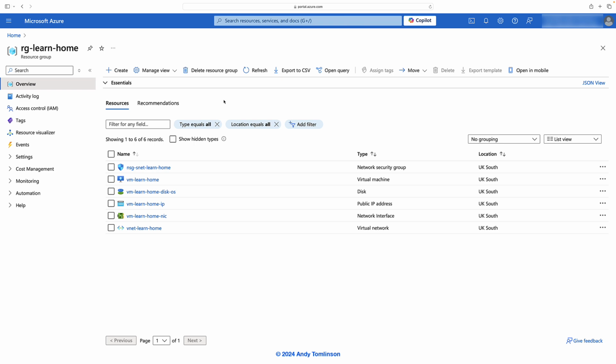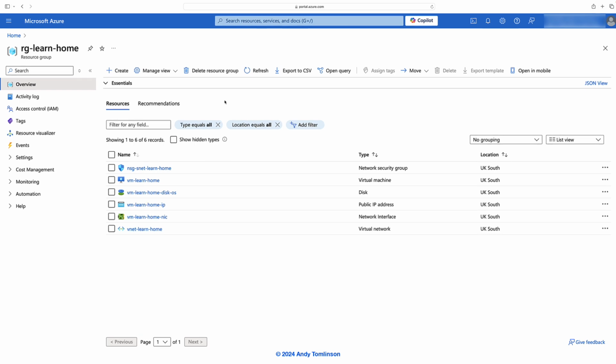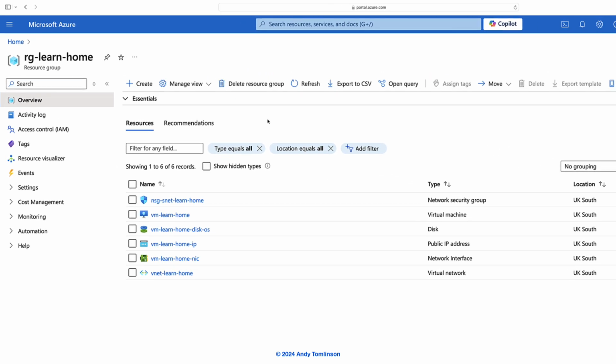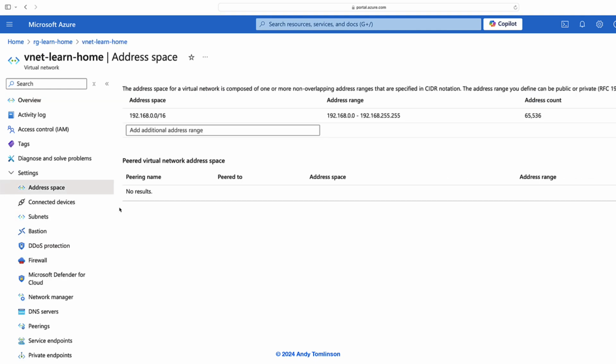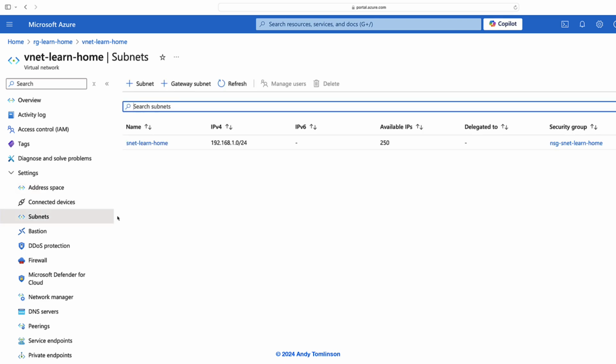Here we are in the Azure portal, in the Home Resource Group view. Let's review the virtual network. Under Settings, we'll review the address space. Here we can see that we're using the 192.168/16 address prefix, which does not overlap with any of the address space used elsewhere within our topology. If we review the subnets, here we can see that we have a single subnet allocated the 192.168.1/24 address prefix. Let's go back into the resource group view,